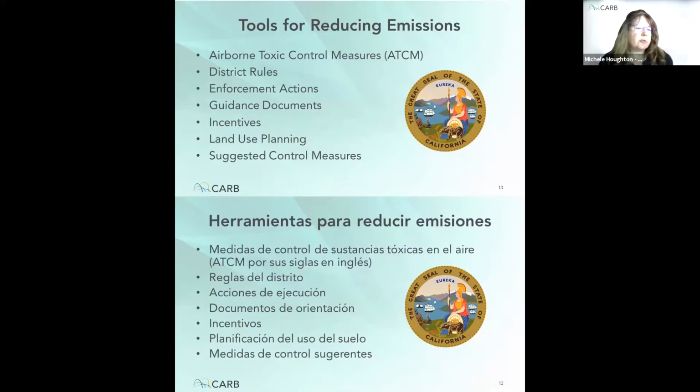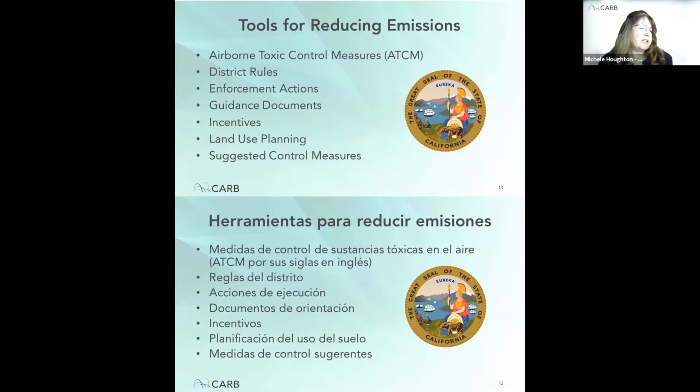CARB has the authority to develop ATCMs for either a stationary source like a factory or a mobile source like cars and trucks. The ATCMs are statewide rules that regulate emissions for a specific type of source throughout the state. For example, dry cleaners is a statewide regulation.